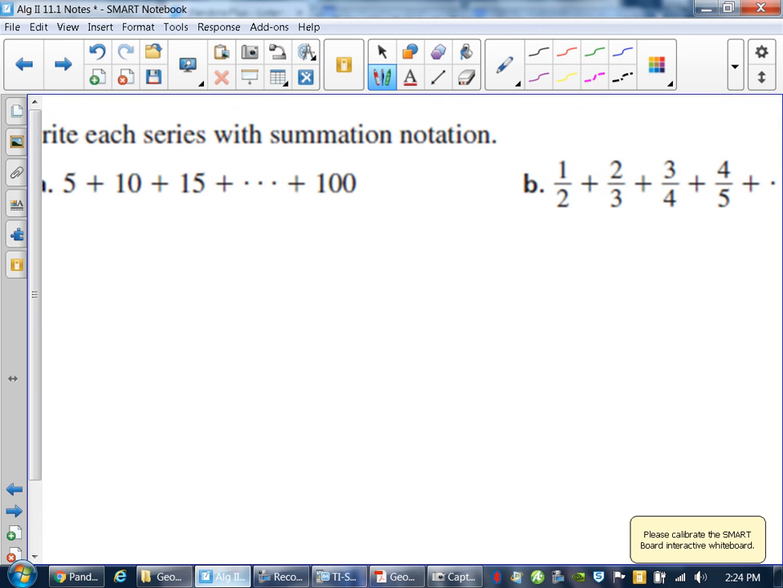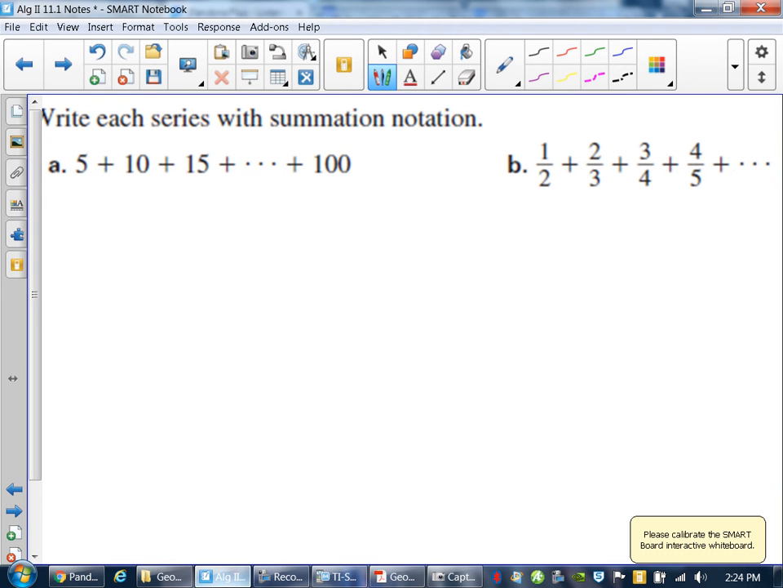So let's write these in summation notation. When it says write something in summation notation, you're going to write it out with that sigma symbol, but you also have to figure out the rule, and you have to figure out how many terms there will be within a sequence. So if I'm starting with 5, 10, 15, and so on, to 100,